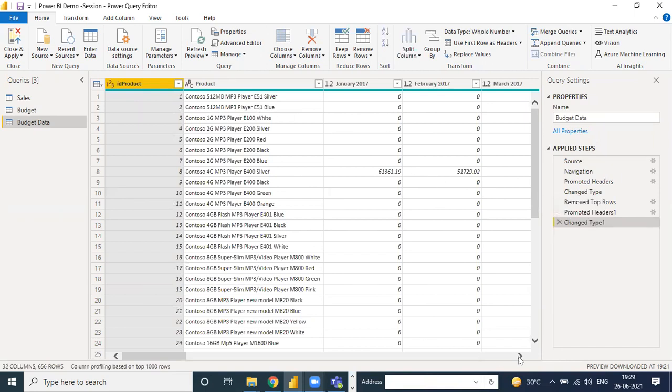Sir, in Power BI, what is the skill requirement exactly? Yeah, Power BI developer job requirement. It's like, in every company they want a person with knowledge of Power BI, because you are not doing a repetitive task again and again.